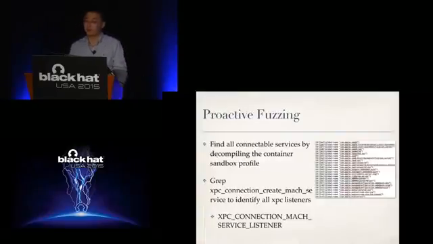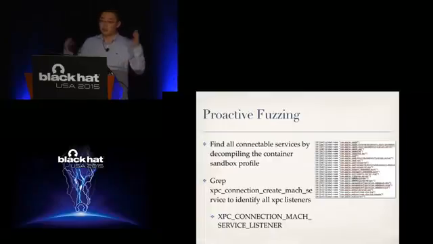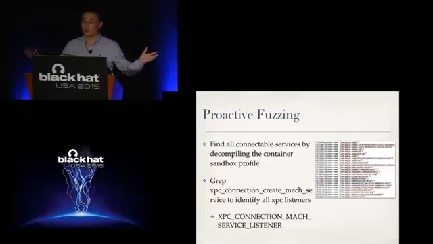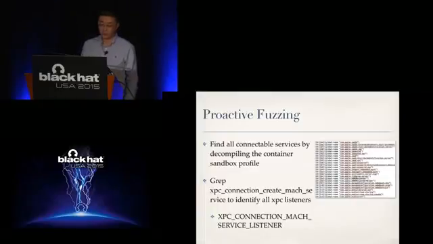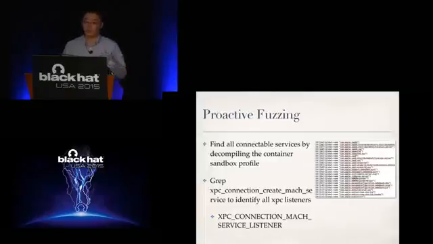We also want to do some proactive fuzzing. That means we proactively construct the XPC message and send it to all the services we can connect to. In that case, we may trigger more crashes or find more vulnerabilities. So now the question is, how can we find the services we can connect to? I mentioned the sandbox at the beginning, so a lot of services you may not be able to connect to. So what we did is, first we decompiled the container sandbox